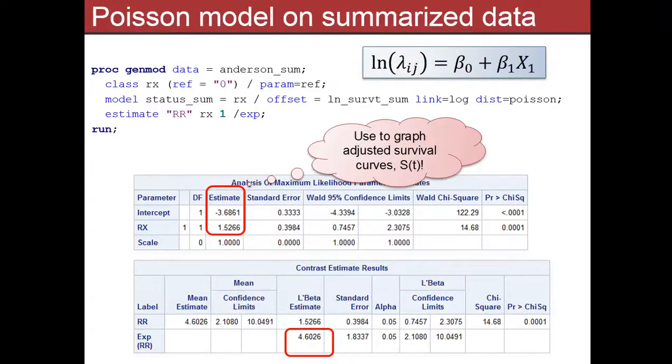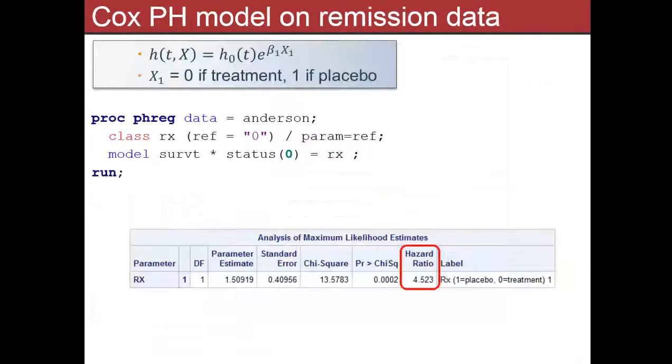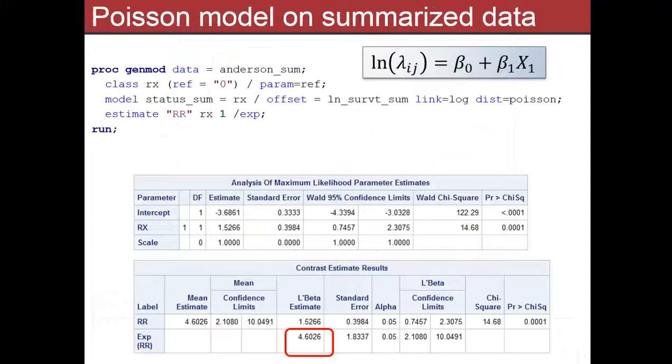If the data only comes to you as grouped survival type data, this is really cool. It's also cool if the constant hazards assumption is appropriate. It looks like in this situation, 4.5 and 4.6 would suggest that probably the assumption's okay. It doesn't prove it, but it suggests you're getting a consistent answer by two methods. You'd say, it's probably okay. But we actually have more formal ways to assess that in these data,